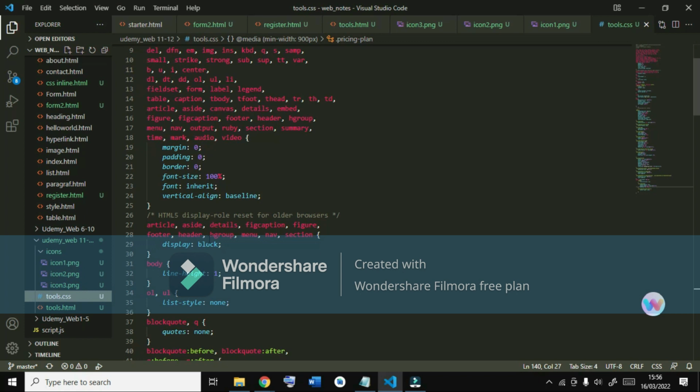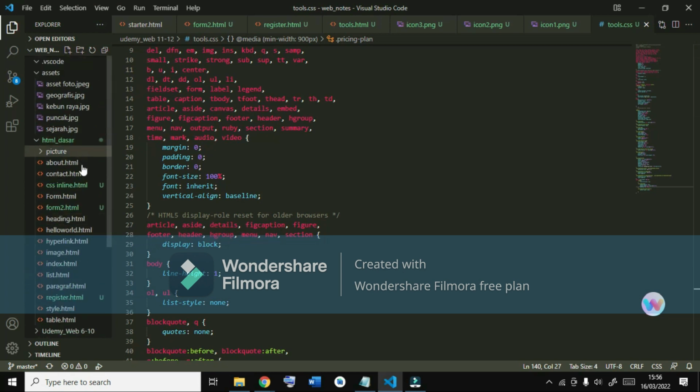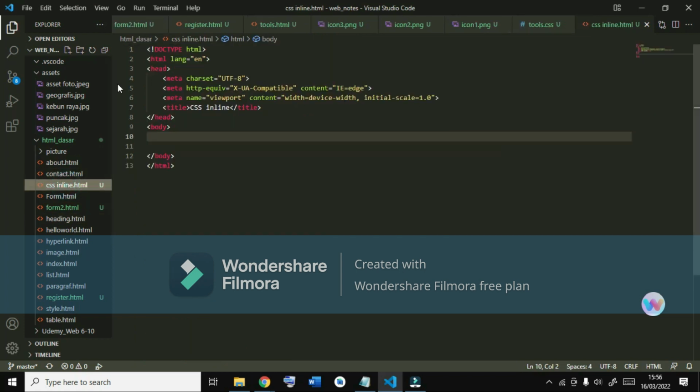Using the style attribute, suppose we have two buttons that start out like this. For example, we create a file named CSS inline, write the HTML code, and rename the title to CSS inline.